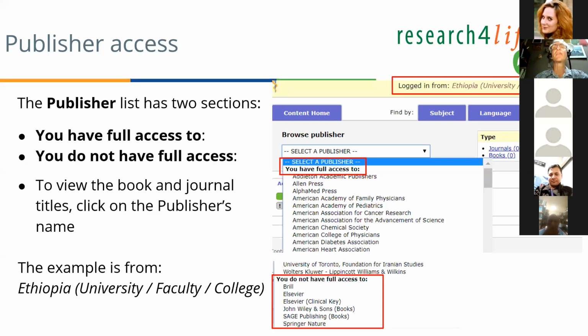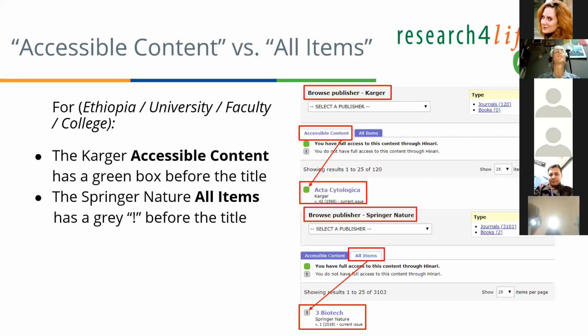You do not have access to, and in this case, it's Brill, Elsevier, John Wiley, Sage Books, John Wiley Books, and Springer Nature. Okay, so where this is valuable is in Summon, because it will not grant you access to the journals. It will not list the journal articles from these publishers. So again, we're in Ethiopia,